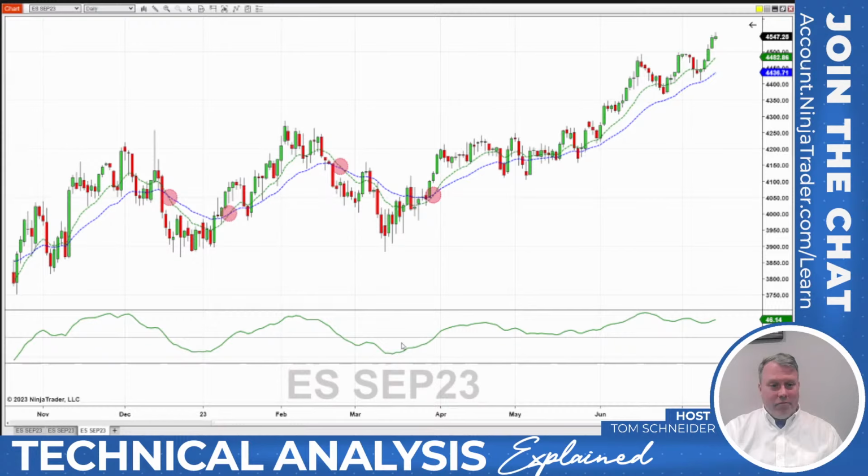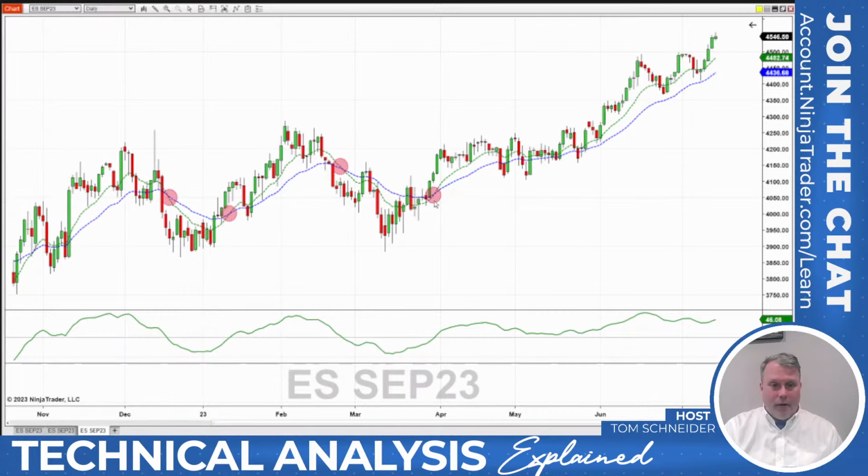But if I don't really need to know, because I know that the MACD is going to be bullish when it's above zero and bearish when it's below zero, I don't need to know which line is 12 and which line is 26. I just look at the MACD. And according to this chart, the MACD seems to have been bullish since the end of April on the E-mini.